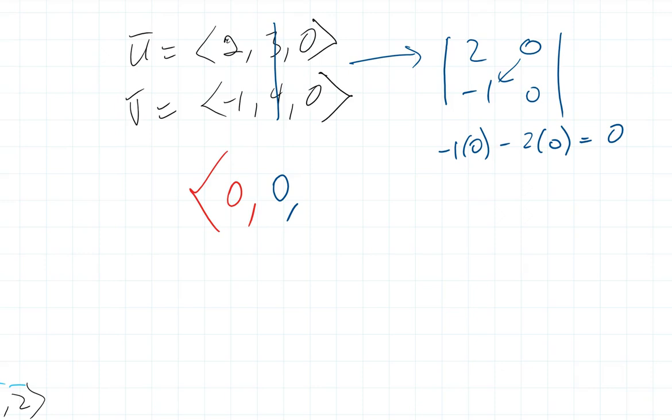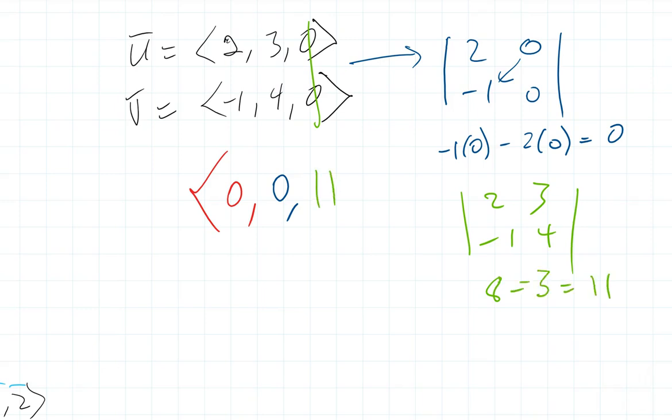And then I'm going to cross out the last one, 0, and I get 2, 3, negative 1, 4. Now I'm going to go in the correct direction this time. So we get 8 minus a minus 3, which is 11. So we get 11 here. Okay, so